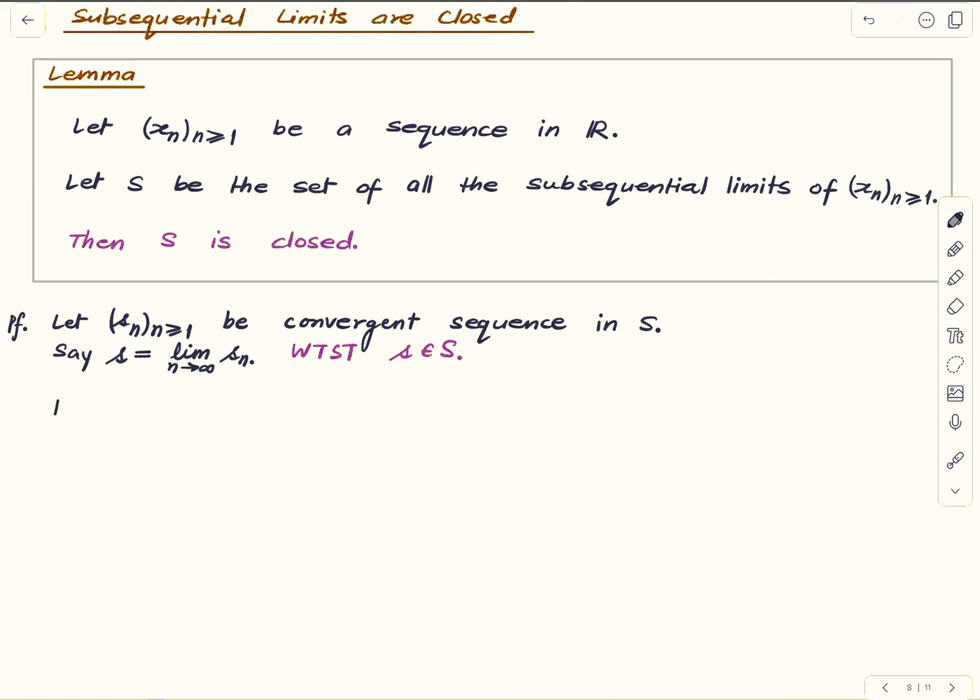So for each n, and here is the statement that one has to be very clear about. Let me write the full statement. Since Sn is in S for each n, which is to say that each Sn is a subsequential limit, we can find indices k1, k2, k3 such that